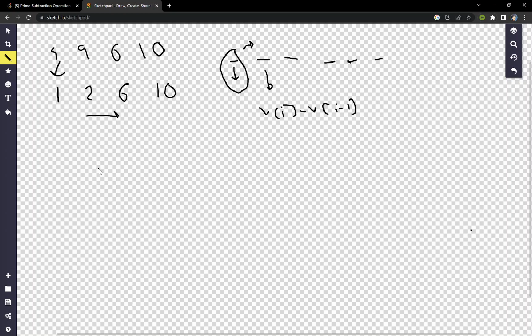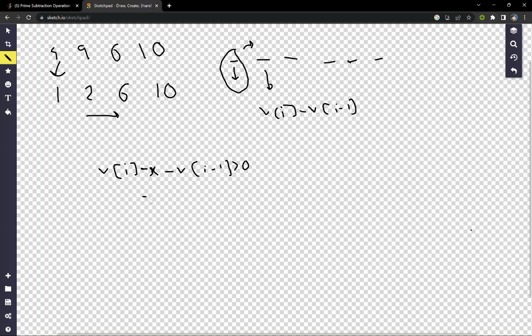So what we are thinking optimally is that if we decrease the current element by a value x, suppose v[i] is decremented by x, the new value of v[i] becomes v[i] minus x, right? Now we want the current element to be greater than or equal to the previous element, so v[i] minus v[i-1] should be greater than or equal to 0, right?